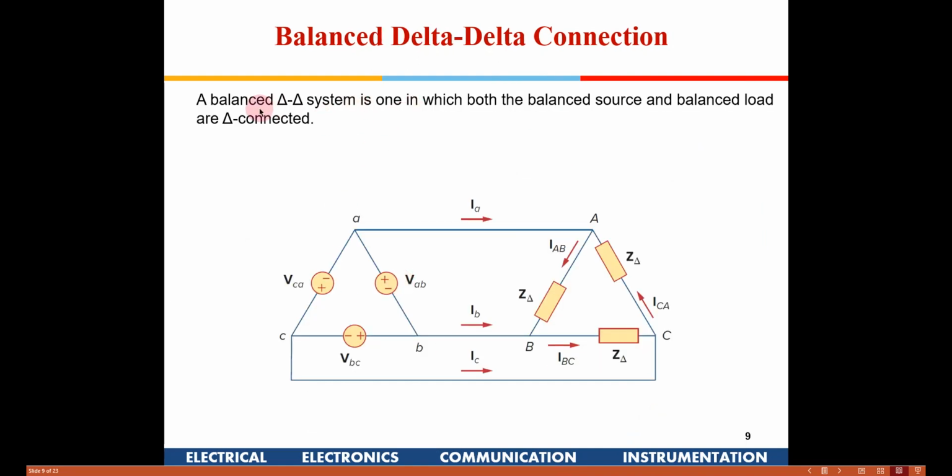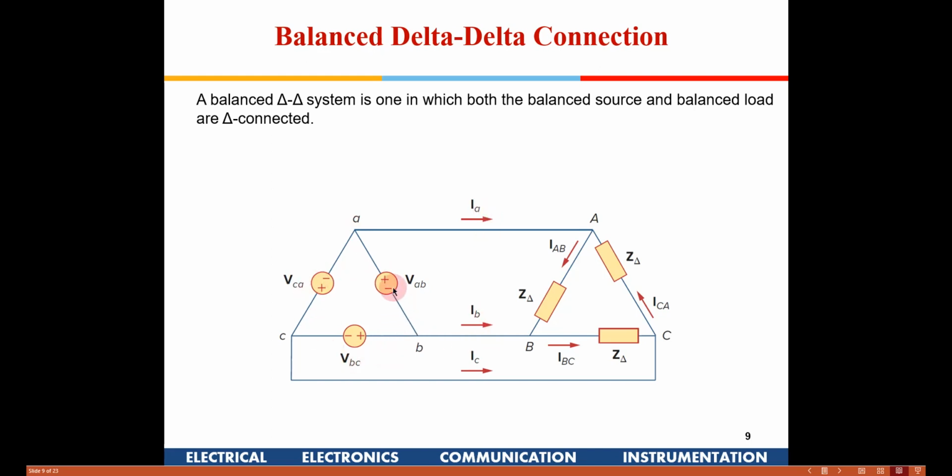Now today we will take on one more configuration, which is known as the balanced delta connection. You have a delta connected source and a delta connected load also. We need to find out what will be the phase currents, line voltages and the line currents. Here the line voltage is the same as the phase voltage, because it is a delta connection, as we saw in the last class. If you see here, this is the phase voltage which will be the same as the line voltage.